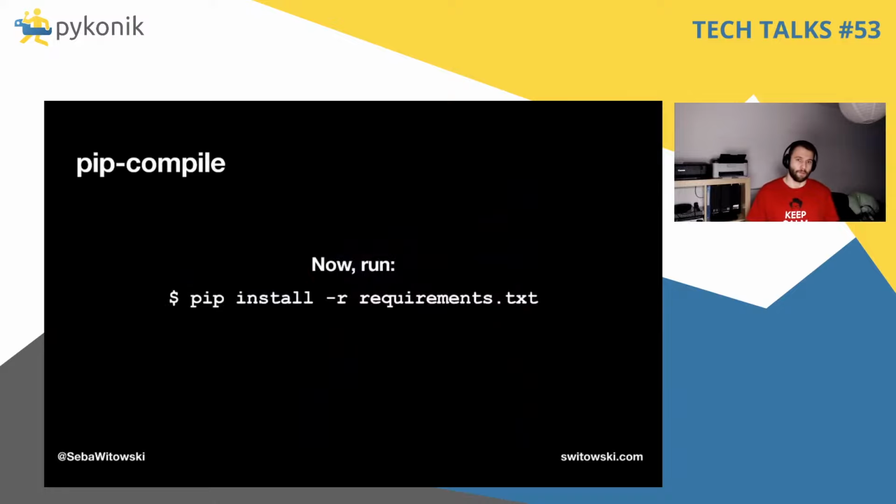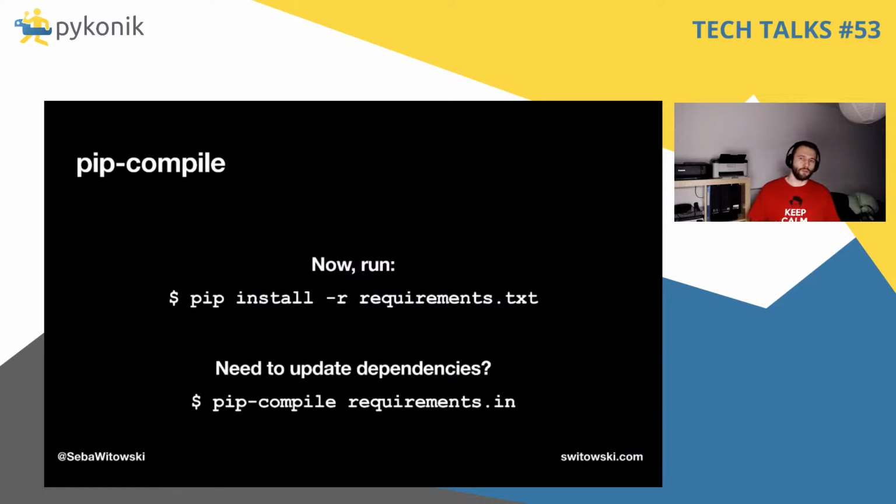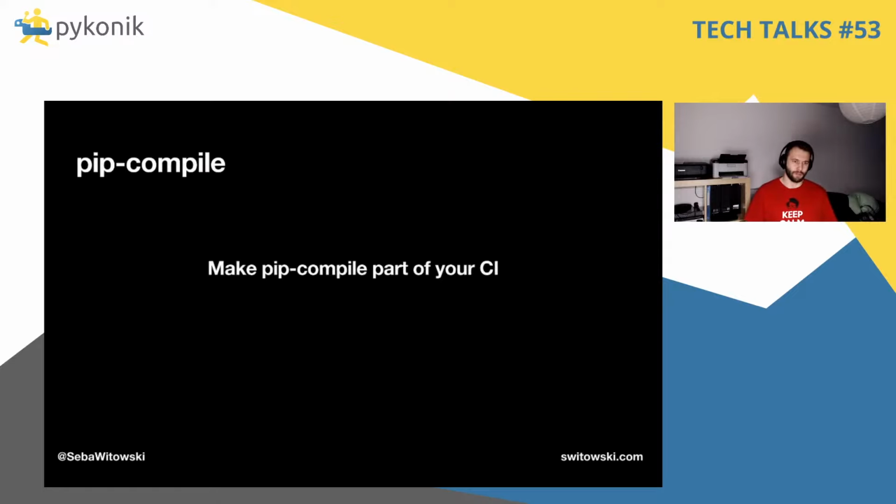And that's it. Now take this requirements.txt file and tell pip to use it. That's the requirements file that you will use on your production server, and you will use the same requirements file to run tests. And if in the future you see that a new version of Django was released, you can simply rerun the pip-compile command and it will create a new set of dependencies.